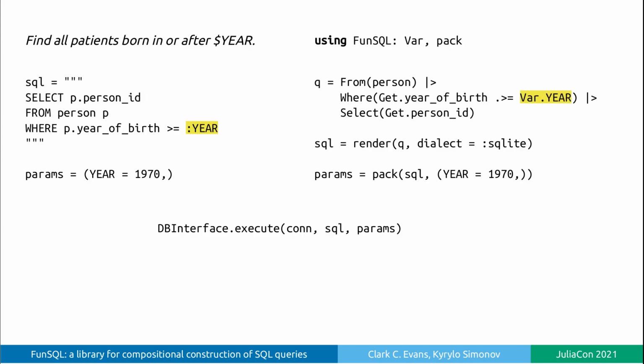But before we discuss correlated subqueries, let me quickly introduce query parameters. A SQL expression may include a reference to a query parameter. When we execute the query, we must supply the actual values for all the parameters used in the query. This is a restricted form of dynamic query construction directly supported by the SQL syntax. FunSQL can construct queries with parameters. A parameter is created as an attribute of the object var. FunSQL also provides an interface to prepare parameter values for execution.